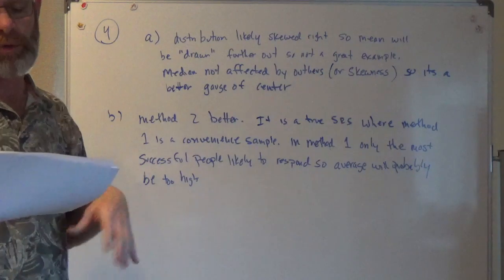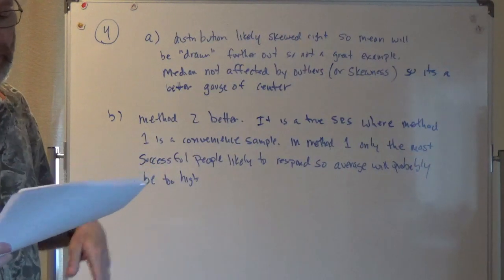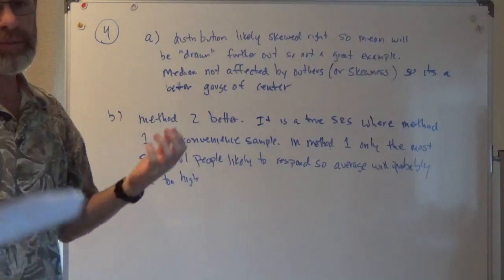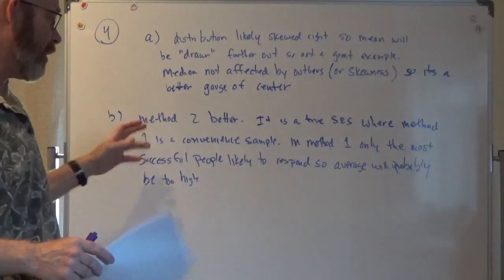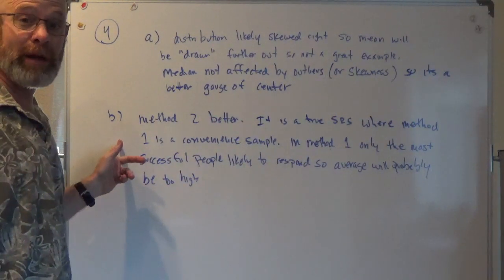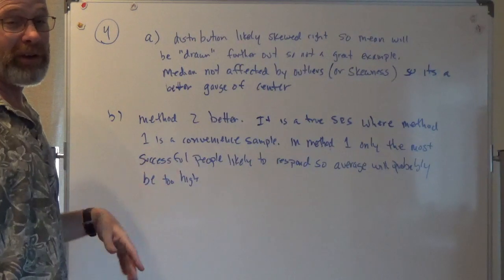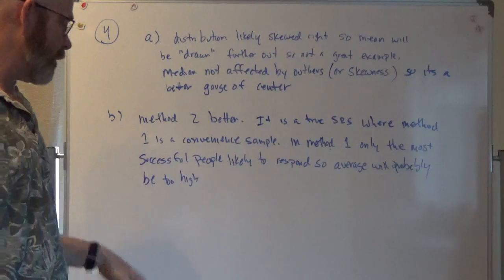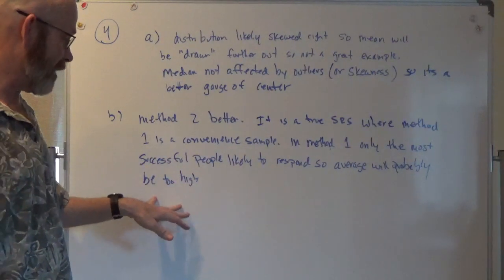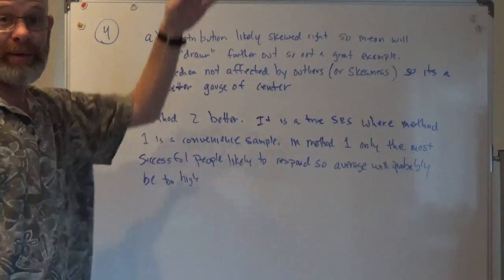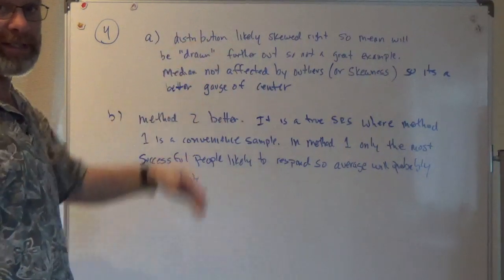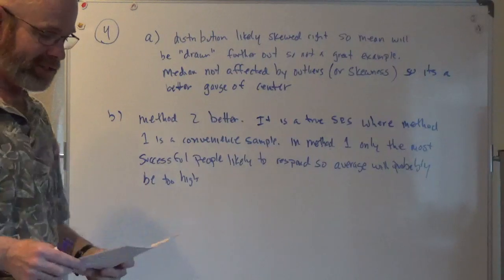The other way is to pick a simple random sample and then call them and make sure you get an answer. The simple random sample is always better, because it's more random, more likely not to overrepresent or underrepresent. The idea here is if you do this email back, more likely the people who email back are the more successful ones, which means your average is probably going to be too high. You want to mention what's going to happen, that it's going to be too high. People might also lie, just say I'm doing better than I really am, so that's an acceptable answer also, I think. That would also raise that average. So that's it for 3 and 4.